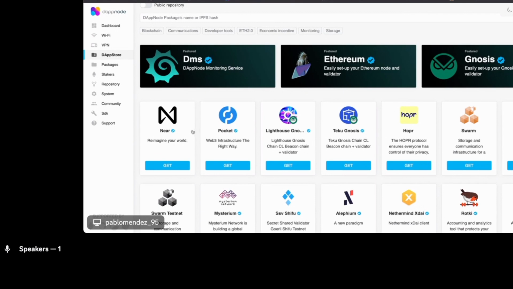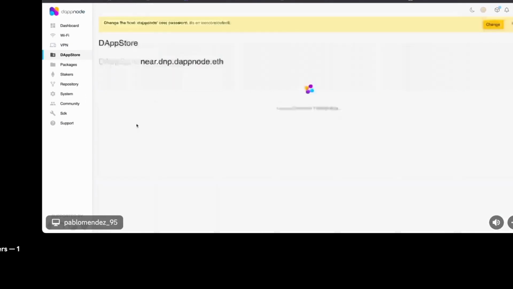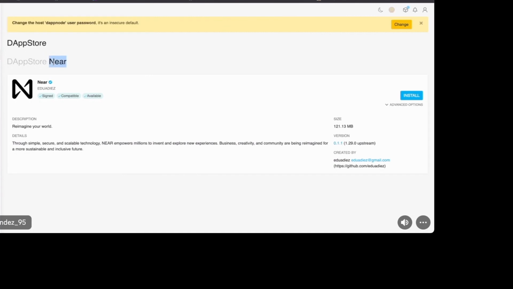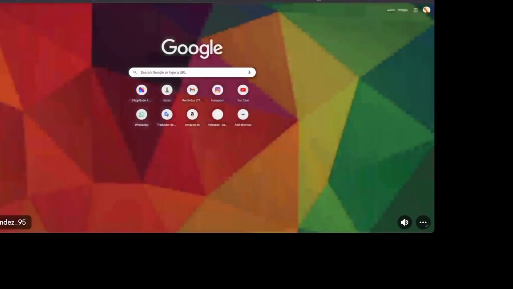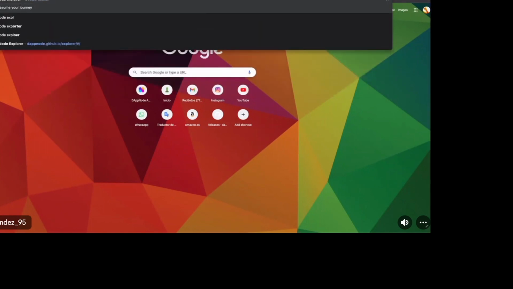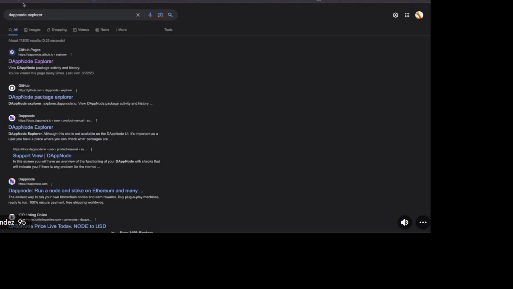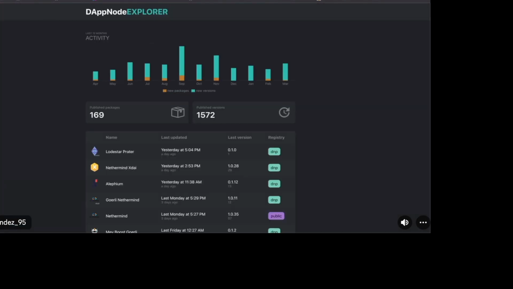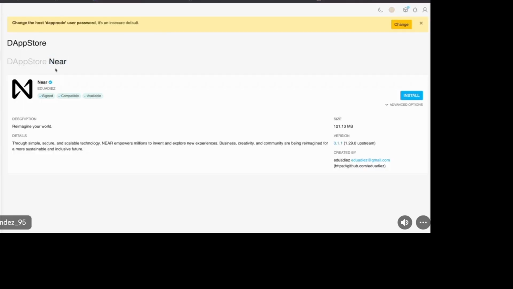So just to show you how this works, for instance, this is the ENS, sorry. If I go to the DAppNode Explorer, which is like the history of the DAppNode packages that we have been publishing, I search for Near.